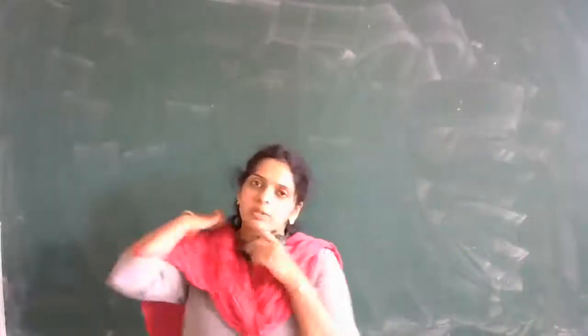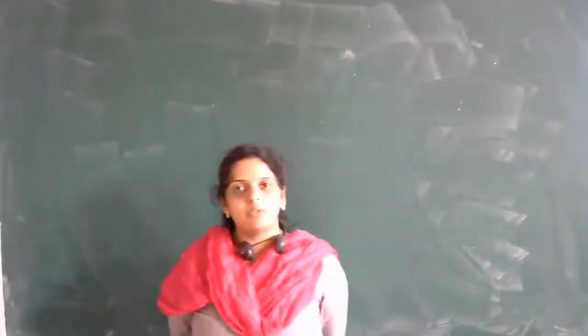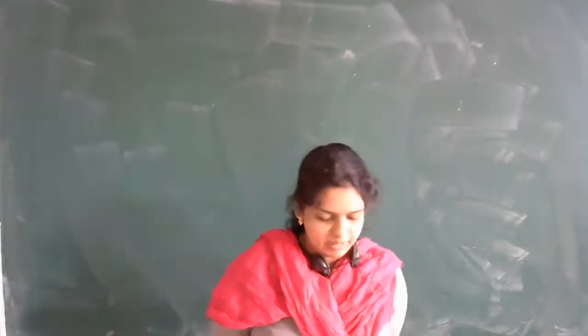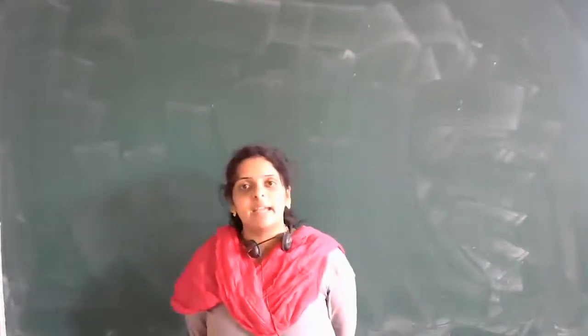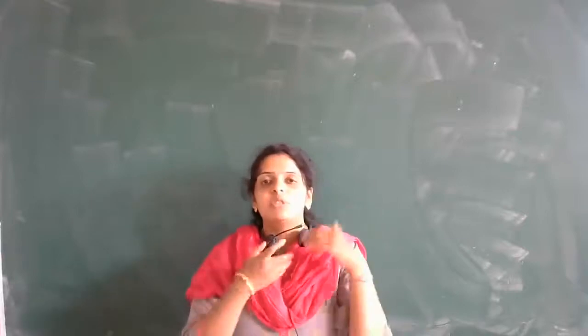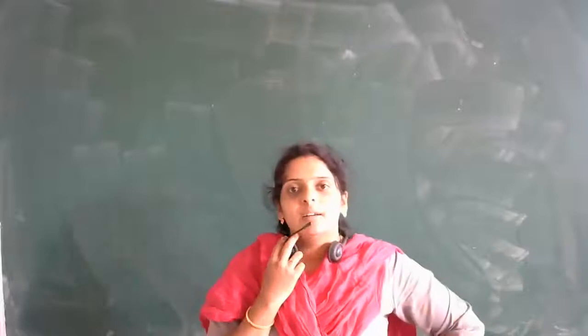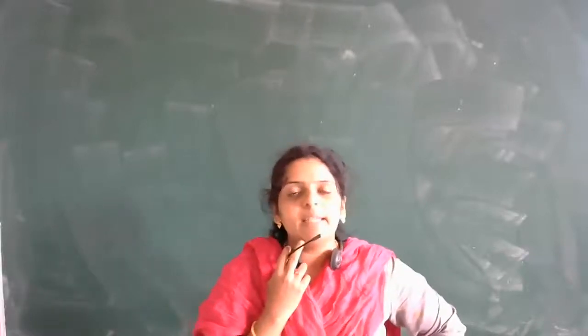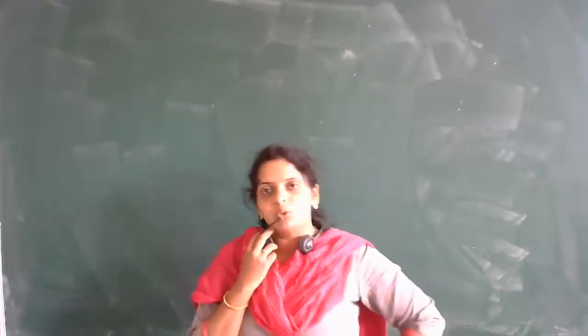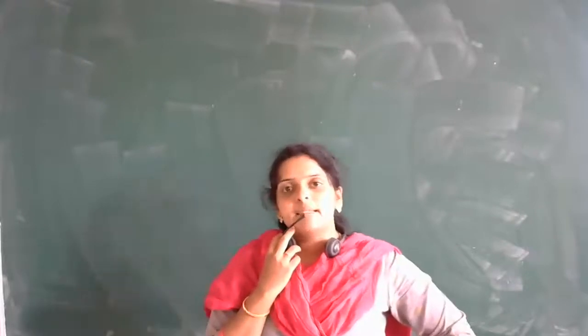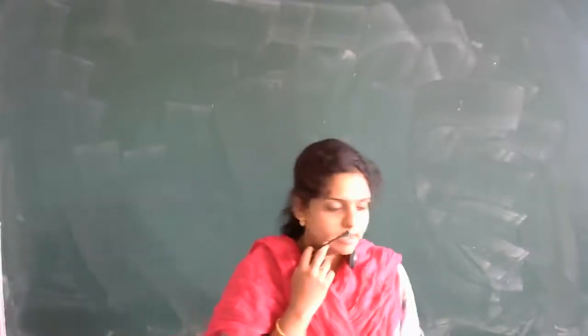Okay, so in today's class we will discuss kinematic equations. Already in school you have studied these kinematic equations in the motion chapter. In your ninth standard you have studied that v is equal to u plus at, v square minus u square is equal to 2as, and s is equal to ut plus half at square. So these three equations you have already studied in school. The same derivations we are going to deal with here.